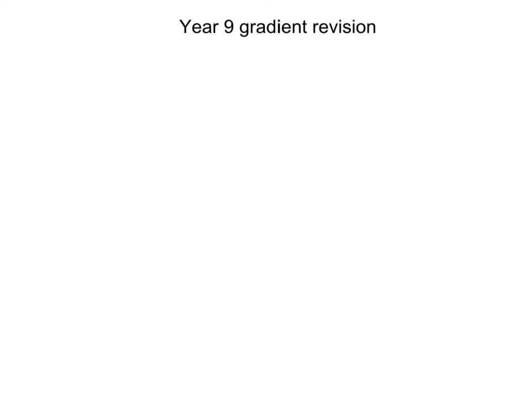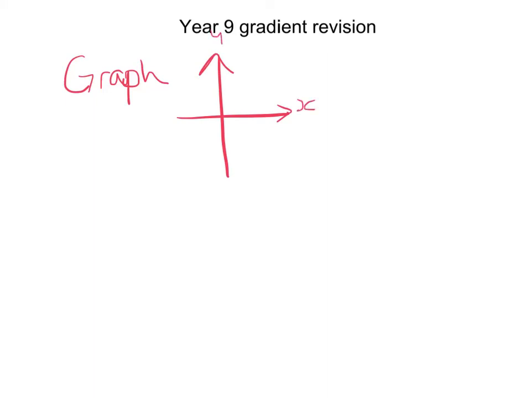For gradient, we looked at multiple ways of finding the gradient depending on what we actually have been given. So if we've been given a graph, then we're going to find the gradient by counting. So if our graph is as such, this is y, obviously this is x, then we know that we will look for either where it crosses the axes or count the squares. So for this one, if I say, well, there's the axes points, that's 10, and this one's 5, and the line goes through those 2 points,